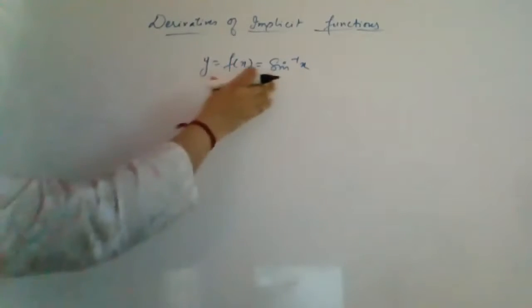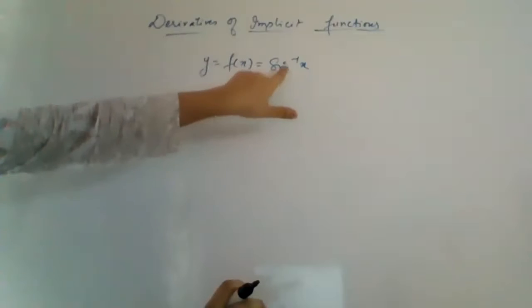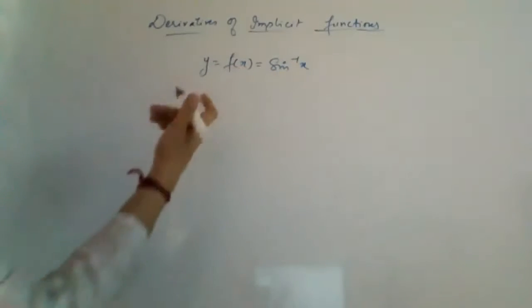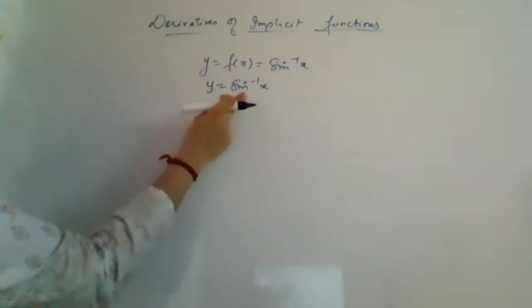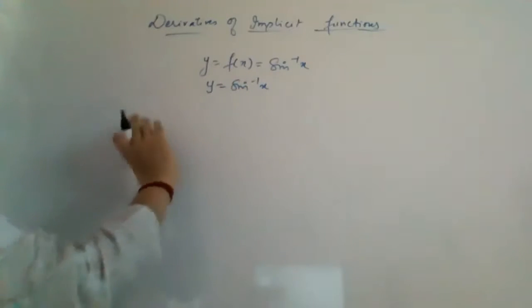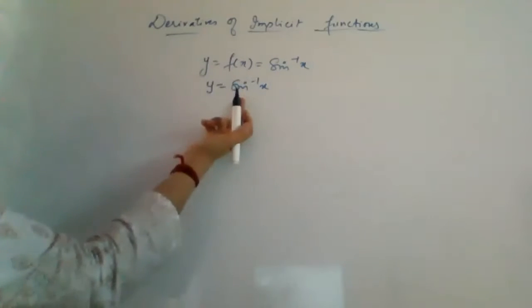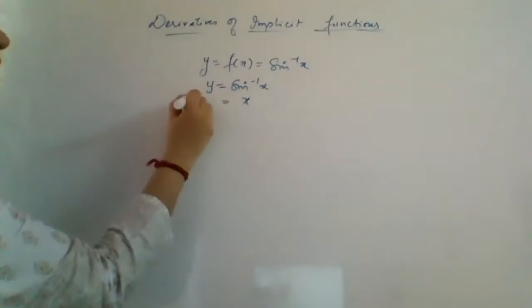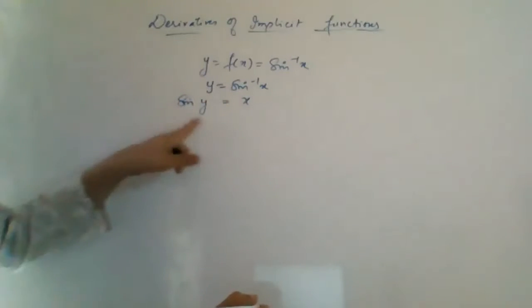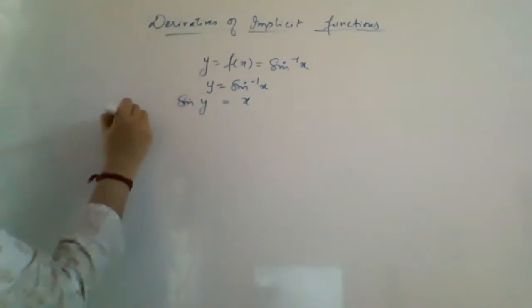So for convenience, since we don't know anything about how to differentiate inverse, what we will do is remove this inverse. Now how will we remove it? Since the question is y equal to sine inverse x, I will take this sine inverse to the other side, or you can say taking sine on both sides. Here sine of sine inverse comes, so this becomes x, and this will become sine y. Okay, so sine y is equal to x. Understood? Now we will differentiate with respect to x.